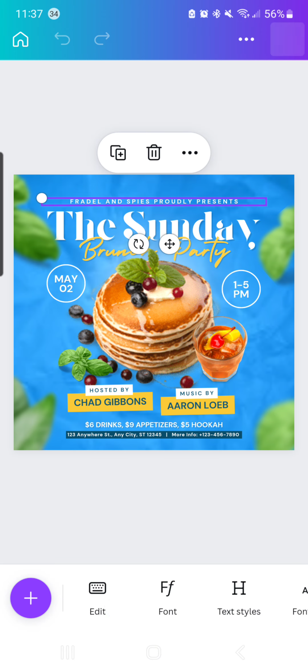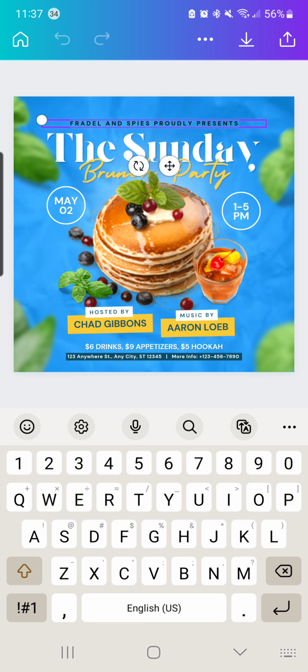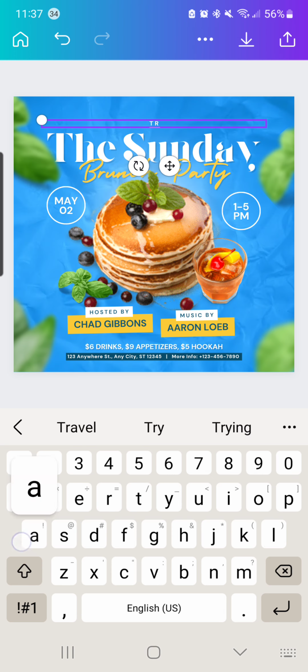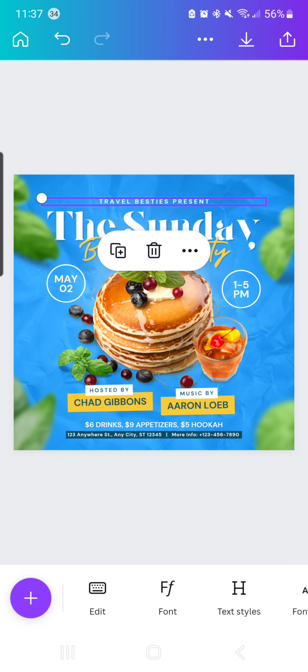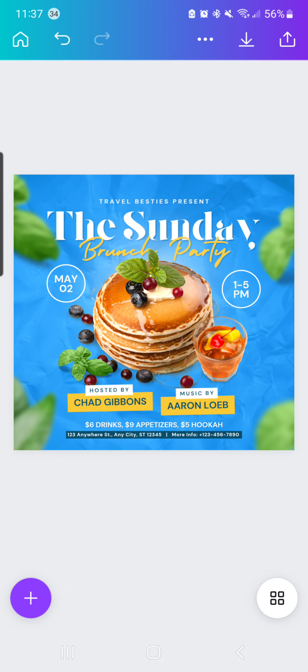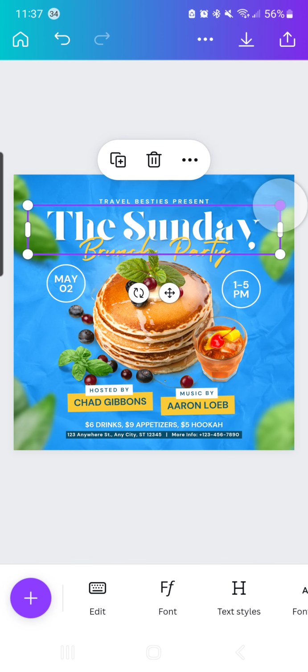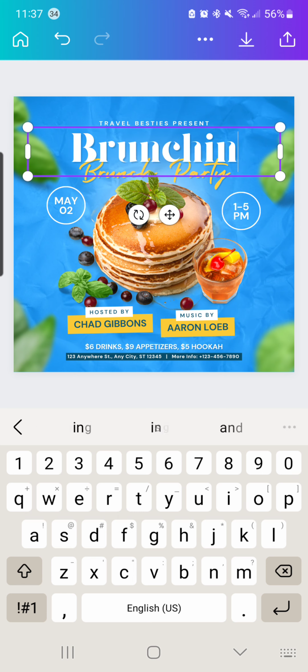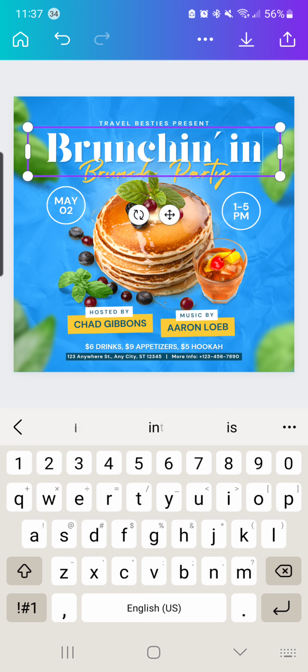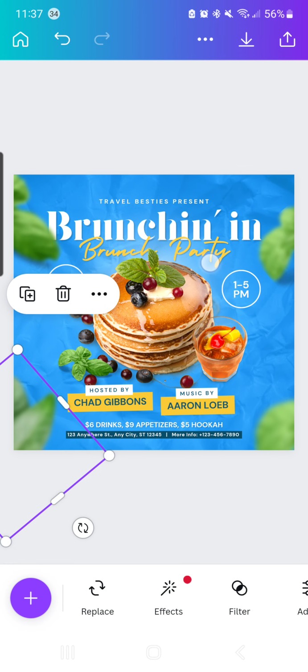So, I'm hosting brunching in Curacao with my travel besties. So, that's what I'm going to put up here. Travel besties present. It's so crazy because someone created this flyer, created this template just for me. They had me in mind when they created this flyer. Right? So, I'm going to change this Sunday to brunching apostrophe in, and then we're going to do